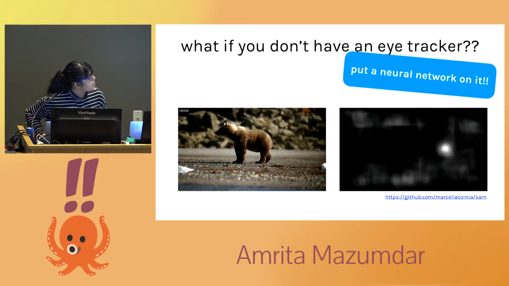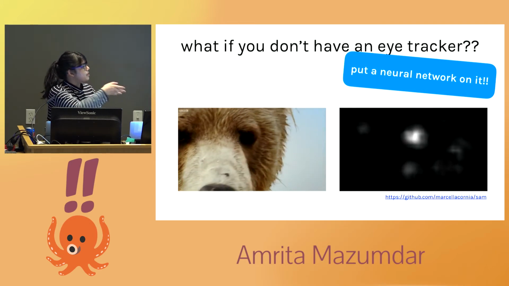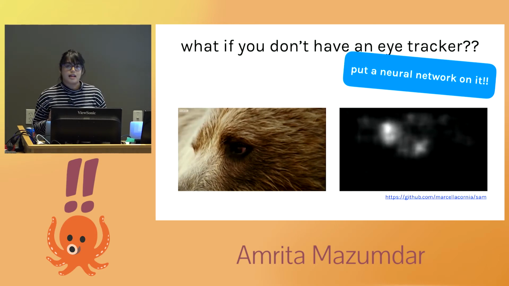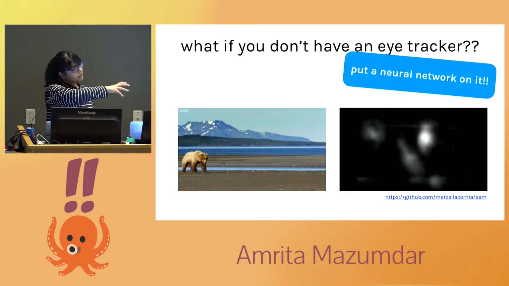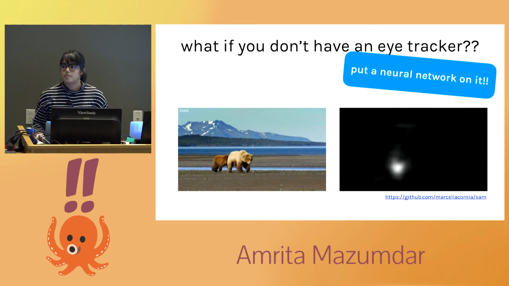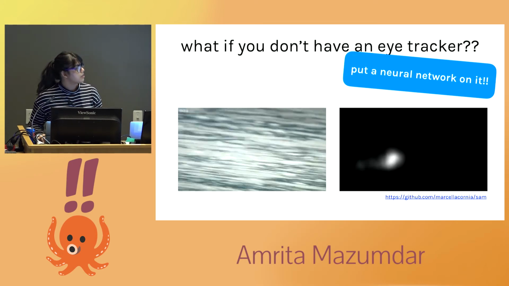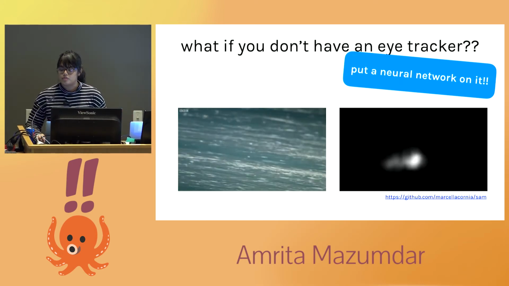I actually think it's a little bit off because that bird should have shown up. But what this is doing is it's saying these are the places people are looking. So if I didn't have an eye tracker, I could instead just take the places where we guessed people were looking and then downscale the rest of it and send it to your display the same way. And you would end up getting the same effect of reducing the number of pixels while still having a high resolution video.